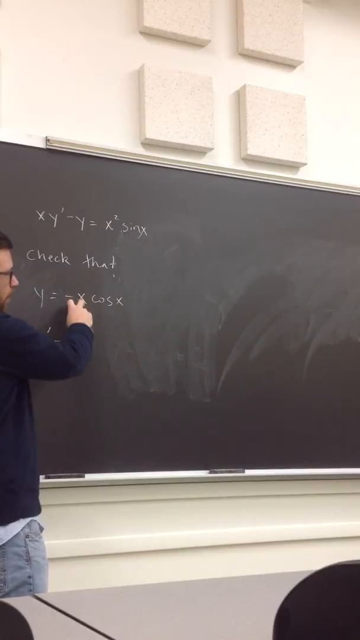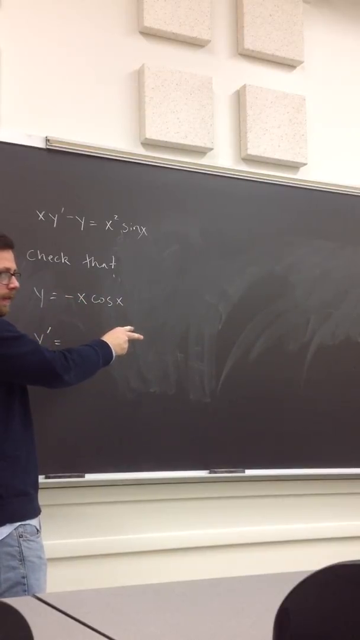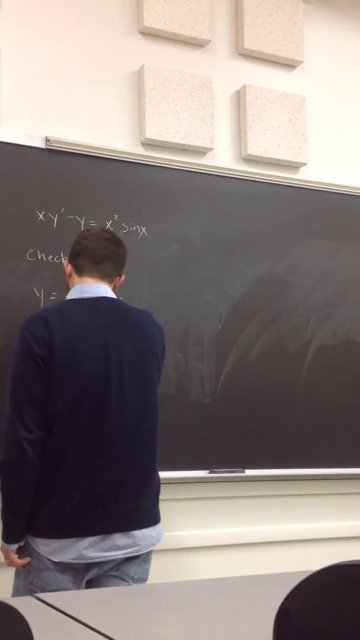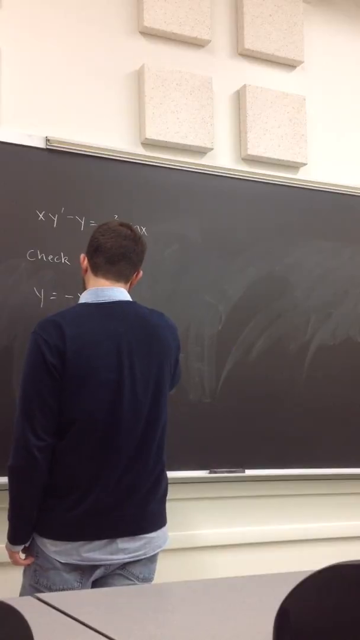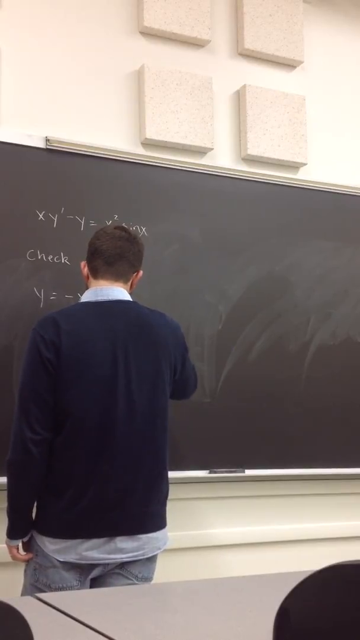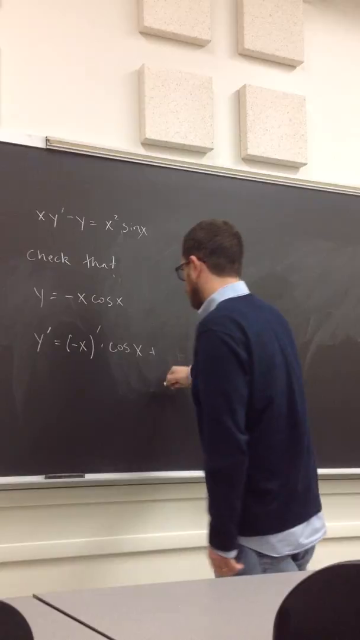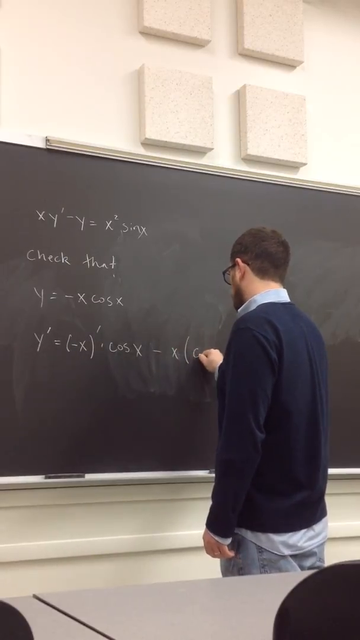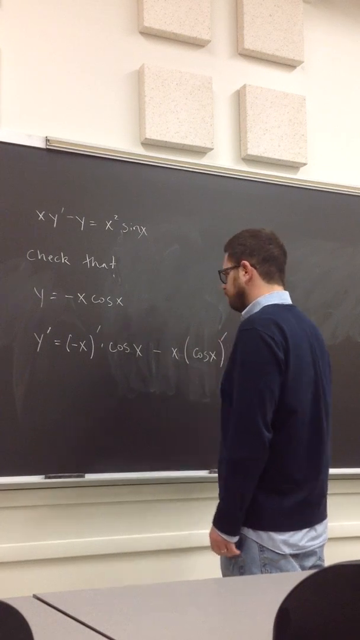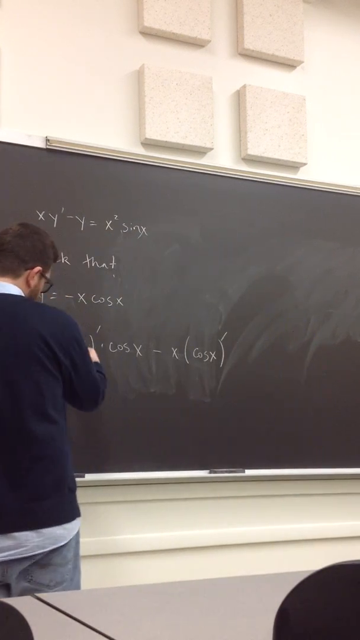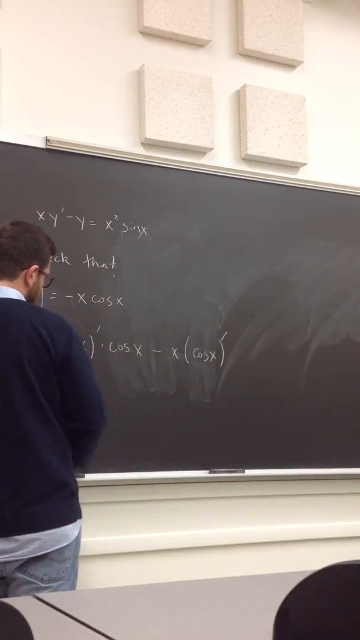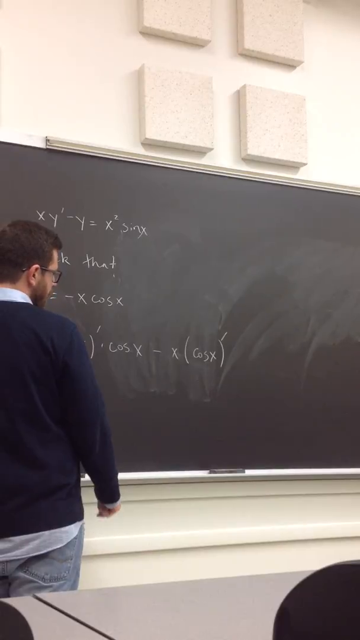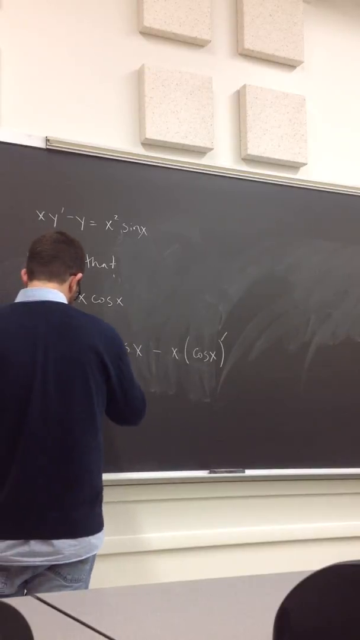So I take the derivative of one of these factors, leaving the other on its own, and then keep the first, take the derivative of the second factor. So let me write this out. I need to find the derivative of negative x multiplied by cosine. Then I need to take x multiplied by the derivative of cosine. So the derivative of negative x is negative 1, so this is negative cosine x